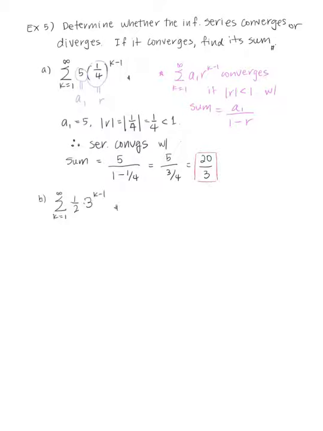Let's take a look at another example. The sum k going from 1 to infinity of 1/2 times 3 to the k minus 1. Let's apply the theorem above. So 1/2 is our a sub 1, and our r is going to be 3. Let's check the absolute value of r, which is the absolute value of 3. Last time I checked, that's 3, and this is greater than 1. So according to the theorem, the series diverges,